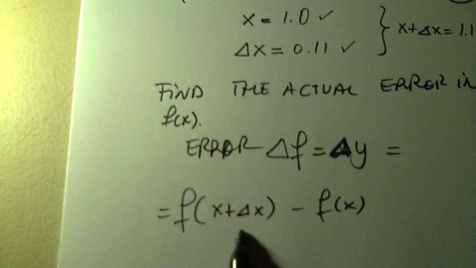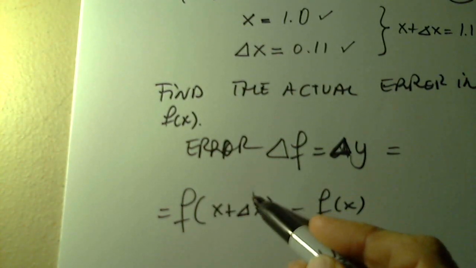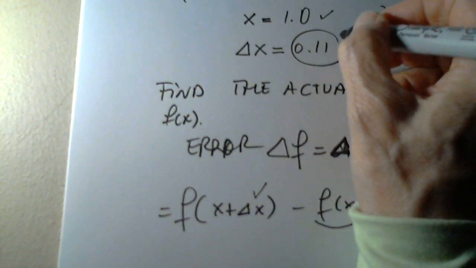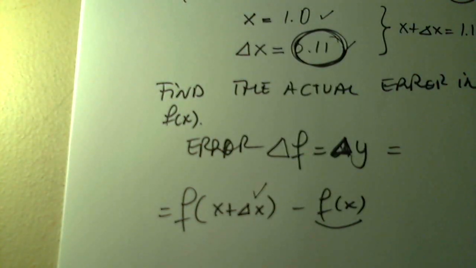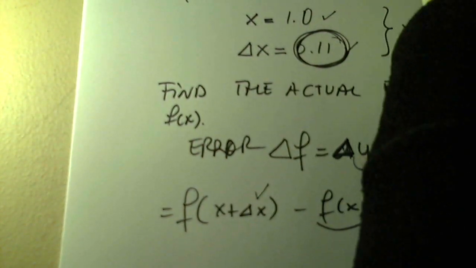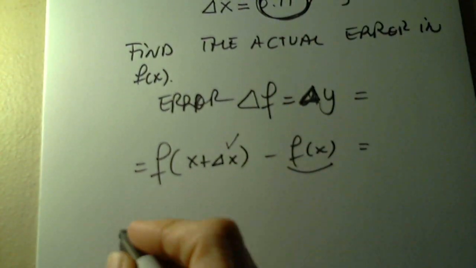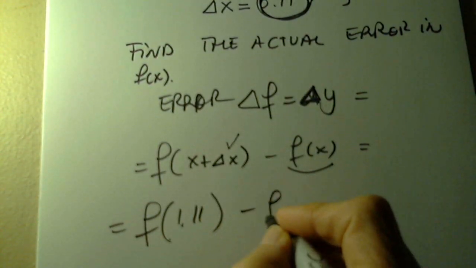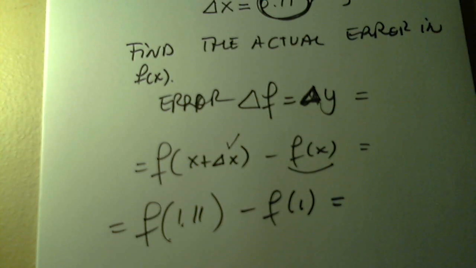From the function evaluated with the error, I subtract the function that does not have error in it, what it should have been. And this will be the actual error in the function, triggered by this error that I made in x. So therefore, I continue. I find the value of f of 1.11 minus f of 1. This will be the actual error that was triggered